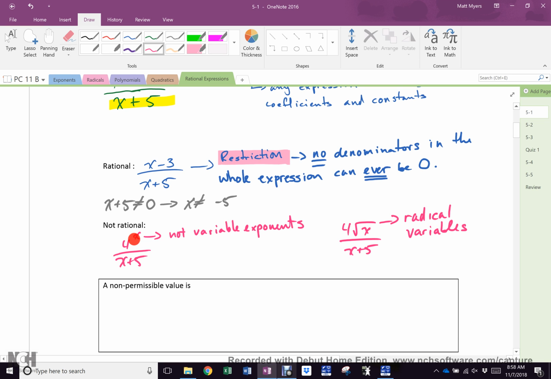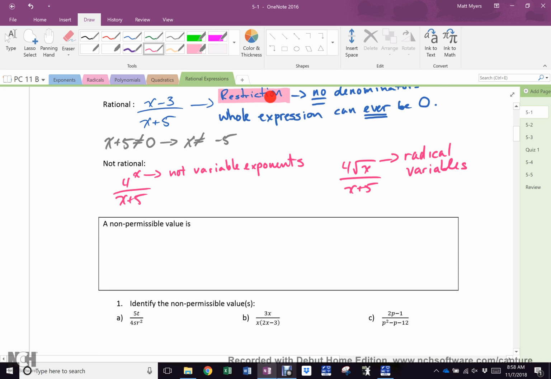What about this one? Why can't I have a variable exponent? Kind of the same reason. What if that exponent was 1/3? Then wouldn't that make that the cube root of 4? Does 4 have a cube root? That's irrational. Does everybody understand why these two rules are in place? Excellent. Okay, now,